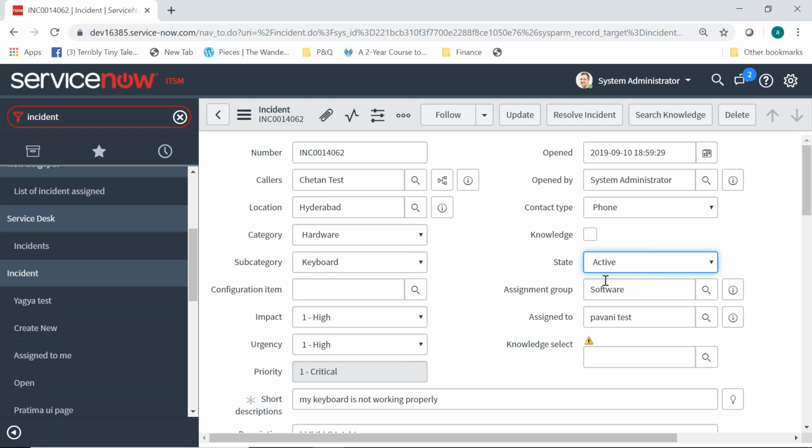Correct. So if we have given the responsibility to someone to work on the issue, now the ticket state should change to active to let people know that the ticket is active, that is, someone is looking into your issue to give you the solution. I hope we are good till here. I can see Ananya. Are you there? Ananya? So are we good till here, guys? Anyone, any query, any issues till here?